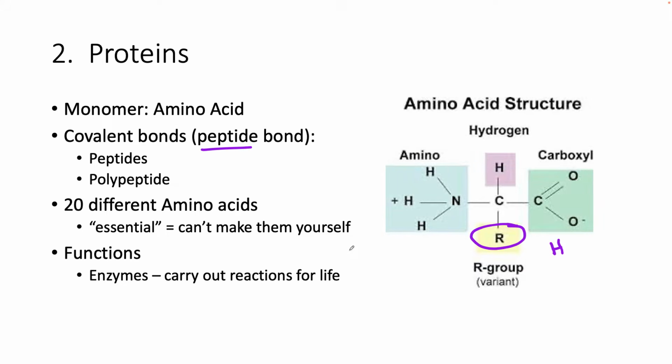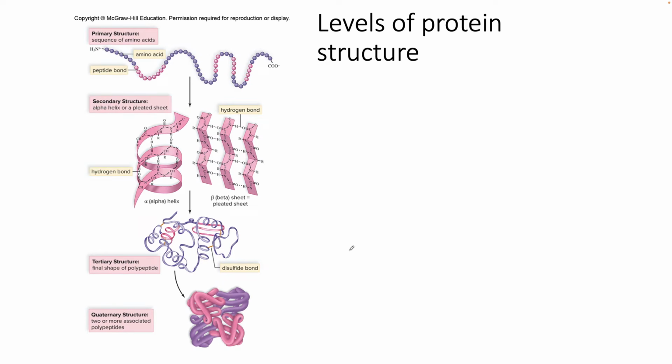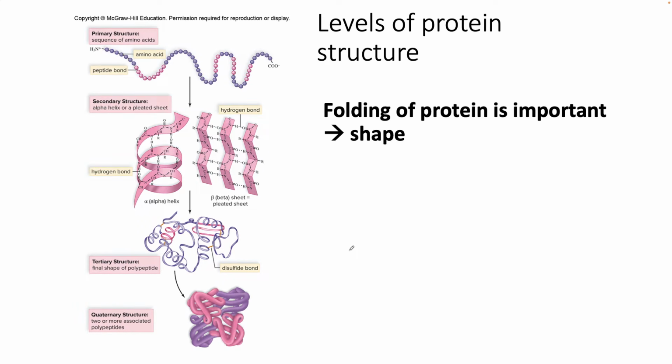Remember a few slides ago, I was saying that we need enzymes anytime we add together monomers or break down polymers. Enzymes are required for performing all of the reactions, either adding or breaking down, that make life possible. And again, enzymes are made out of protein. There are several levels of protein structure, and the proper folding of the protein is very important because it gives it the proper shape. And the shape is what determines whether or not this protein can do its job,